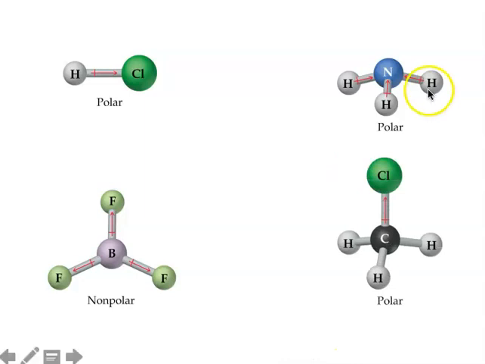Here's another example of something that is polar. It turns out that when you look at electronegativity differences between carbons and hydrogens, even though there is a really small difference in pull, notice that this is not represented with any kind of dipole arrow. This thing is called the dipole arrow. It's a way of representing polarity. So anyway, C and H, if you look at it on the resource guide, you'll notice that the difference is really small. That small difference isn't enough to actually make these bonds right here polar, but the fact that C and Cl have a different enough value means this is actually considered a polar bond,